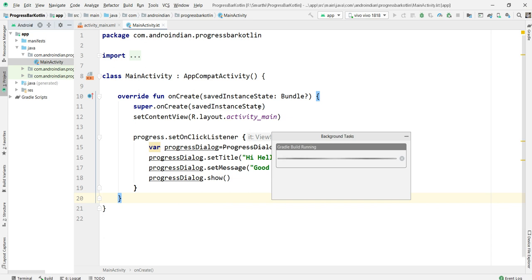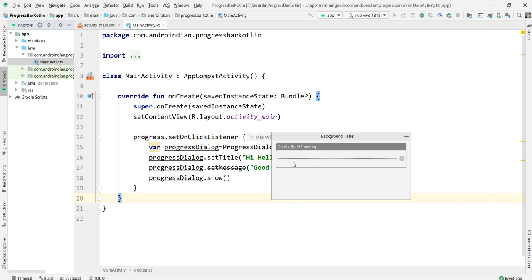We can see that also in our next videos. Still it's running. Once the run completes, we can see this.